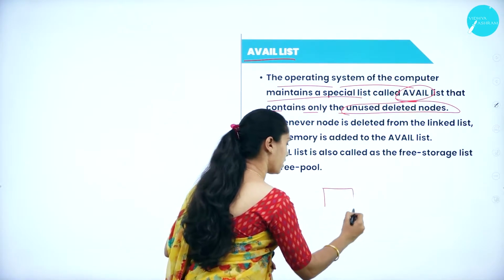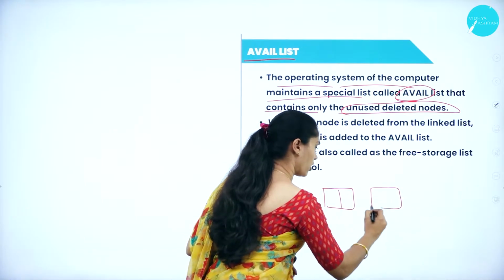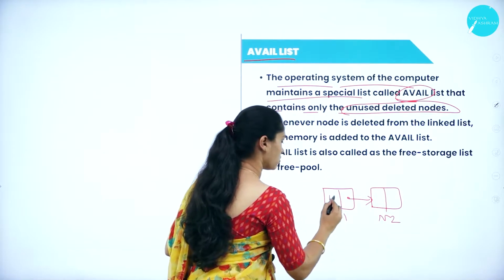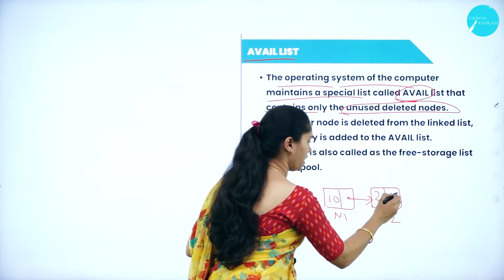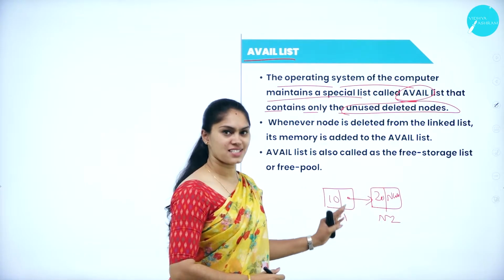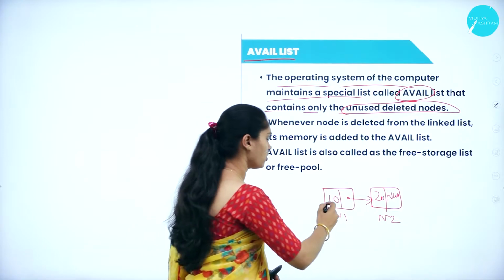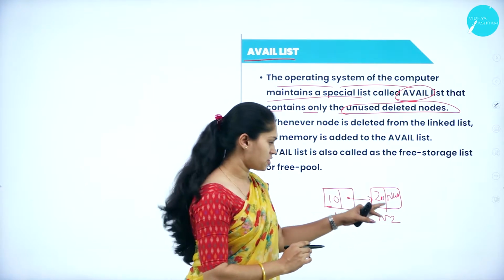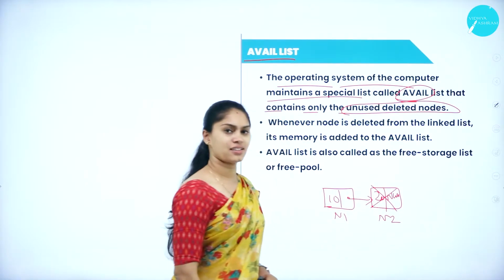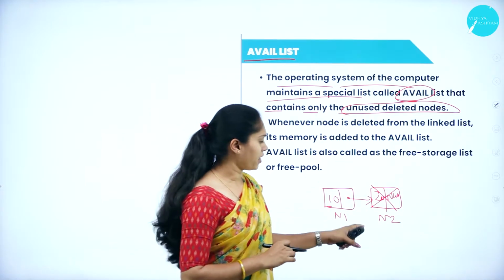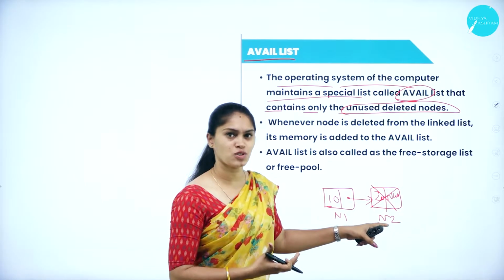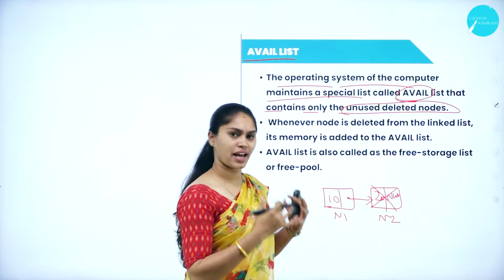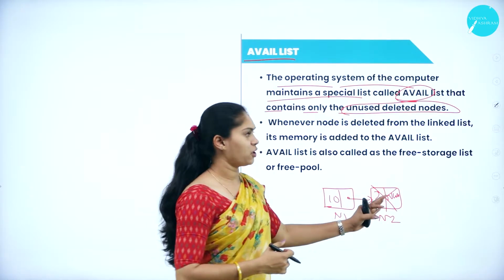For example, if I am creating a node, then the memory space will be allocated, right? So for example, N1 and N2. Here the value is 10, here 20, and it will be null. So here I have two nodes, that is N1 and N2. I have two nodes, but I am going to use only node 1. Instead of using node 2, I am just going to delete it. I am not going to do any operation using this N2. I have created node 2, but I am not using it for any operation. I have created it, but I am simply going to delete it.